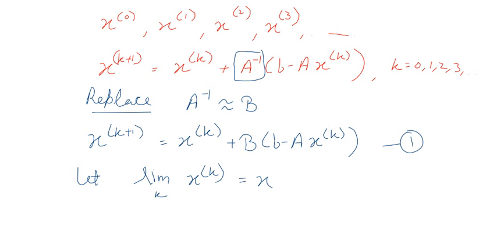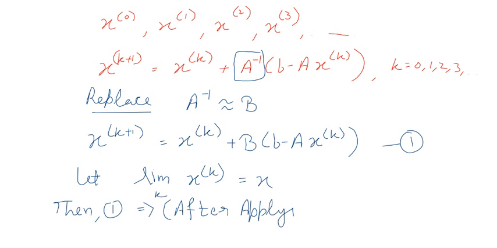Then what will be the condition we will have? Since this is a system of linear equations, if the limit of xk converges to x, then A xk will converge to A x. Then (1) implies, after applying limits on both sides,